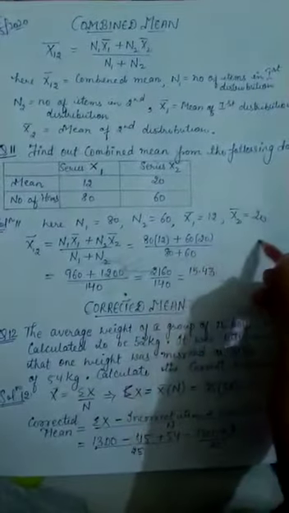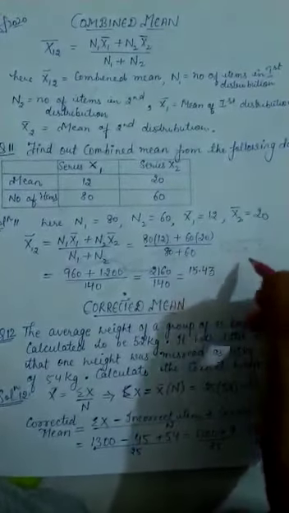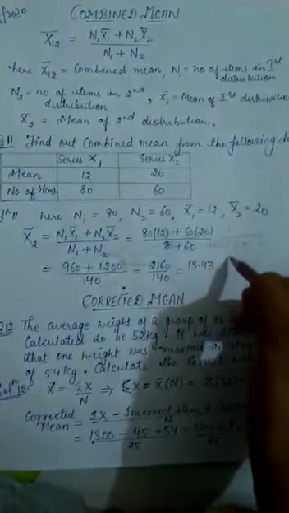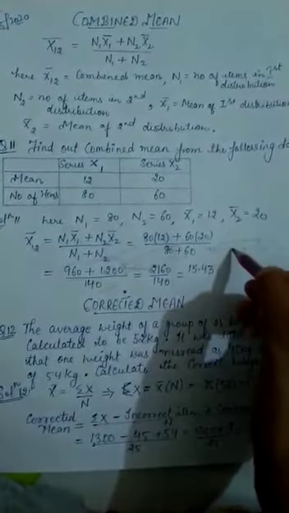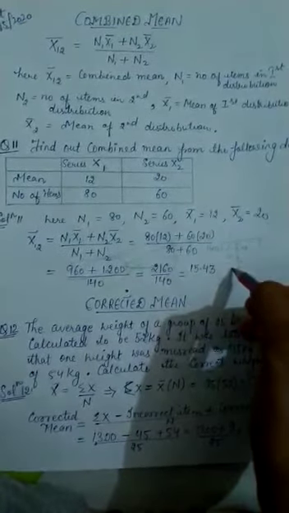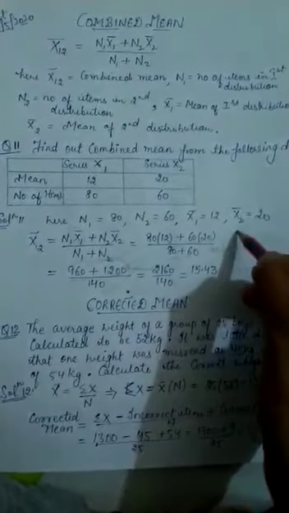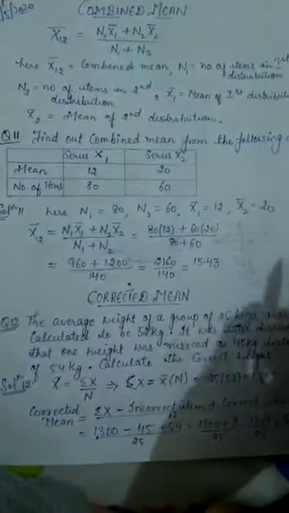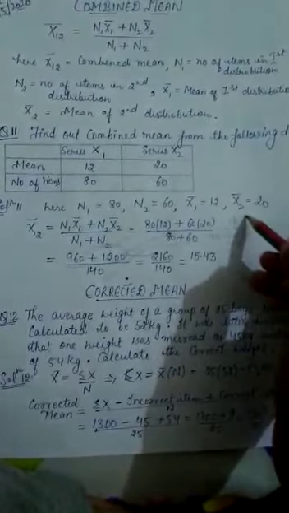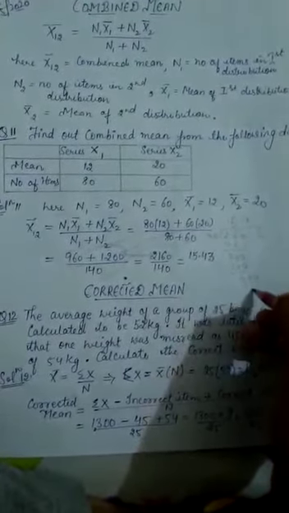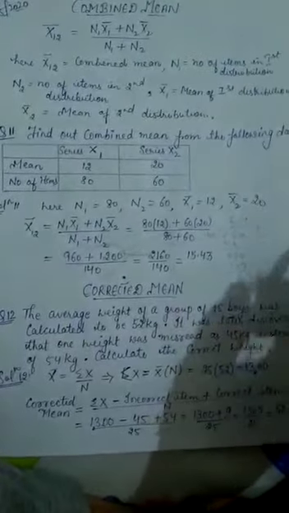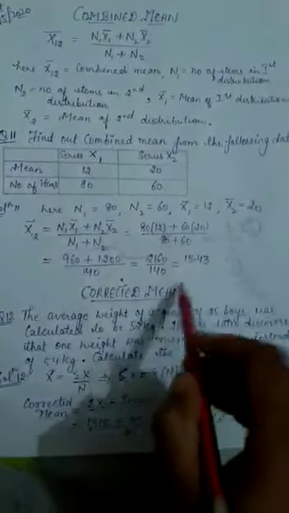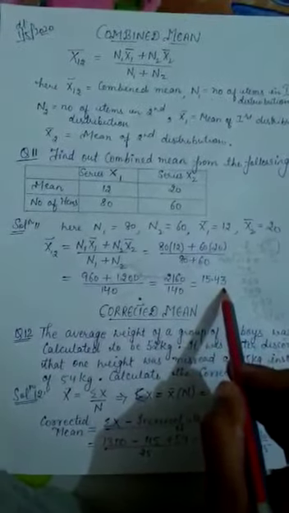15.43. I will show you the division also. 2160 divided by 140. 14 into 1 is 140, then 6... 11 minus 4 will give you 7, 0, then 5... you will get 700, 60 will be left, you will take 0, you will put a point, then you will get 4, that is 560, 40 will be there, then again you put 0 and approximately 3, you will get the answer. So 15.43 will be your answer for this.